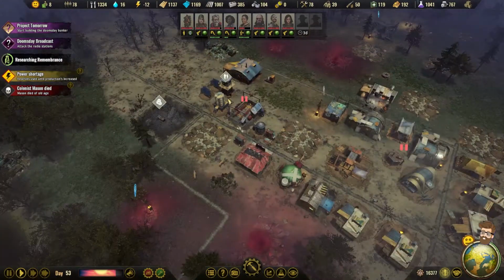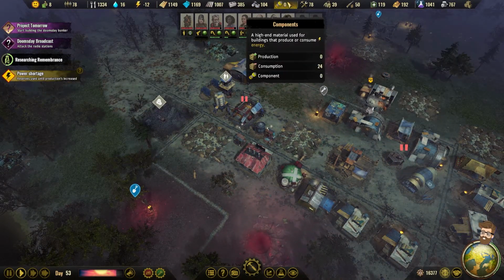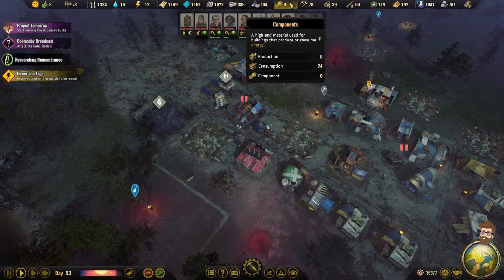Power shortage, totally fine. We've got a decent amount in the battery. Yeah, we have 500 in the battery. That'll get us through the night. And also, when we get those components back to the colony, we'll be able to...